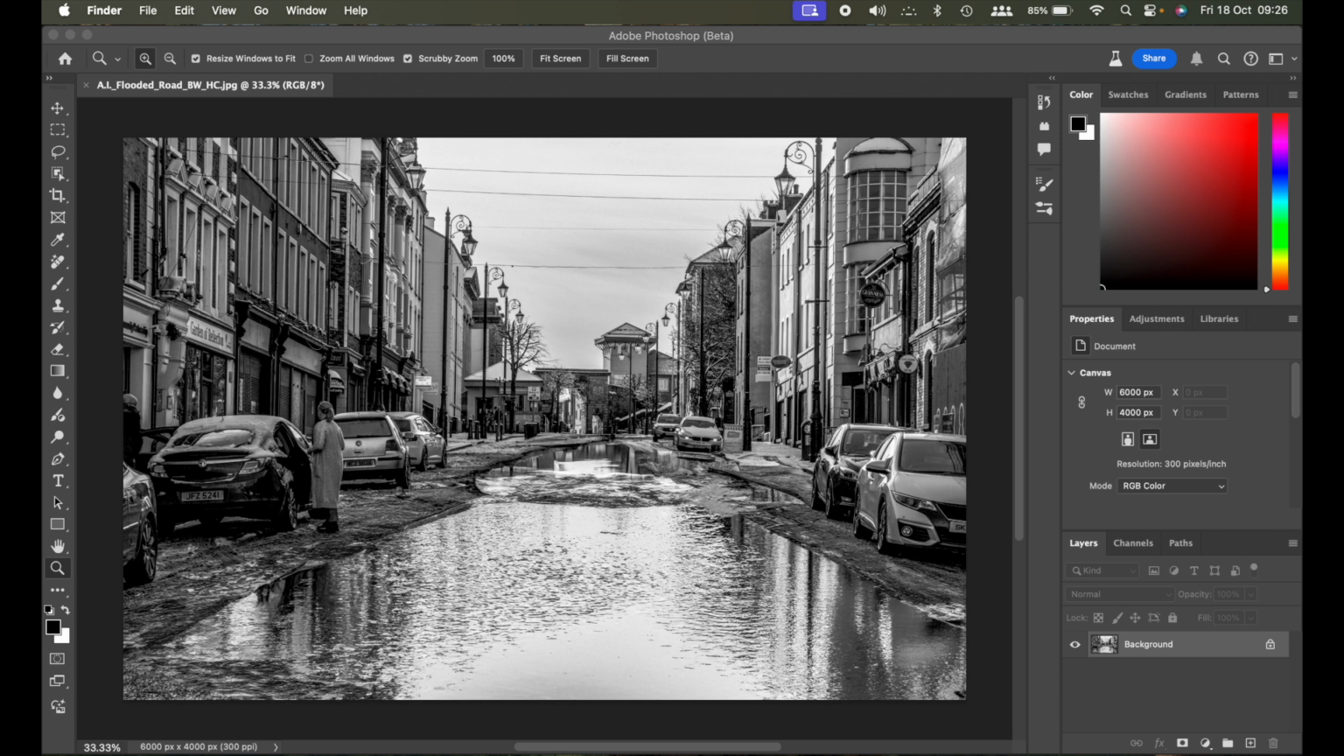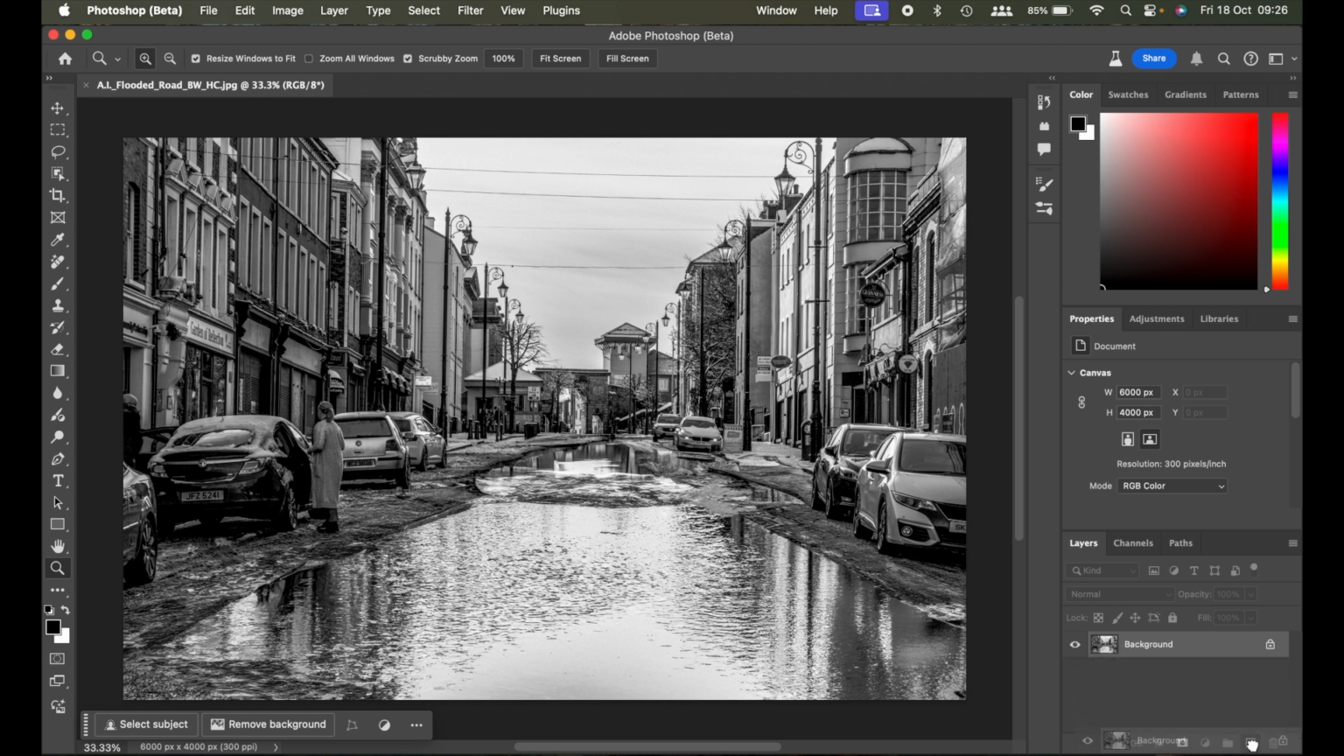So let's get started. First of all, we're going to make a copy of the background and we're going to name it Remove Wires. With the Remove Wires selected,